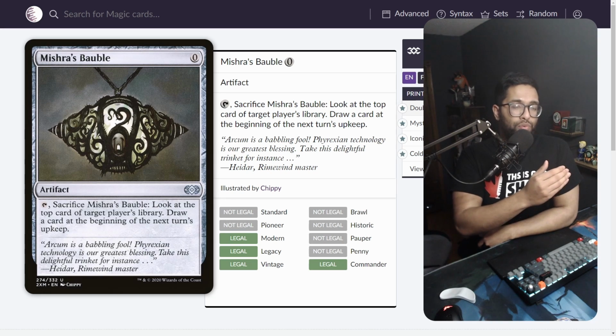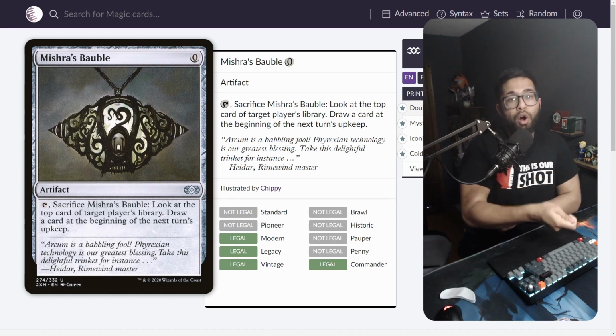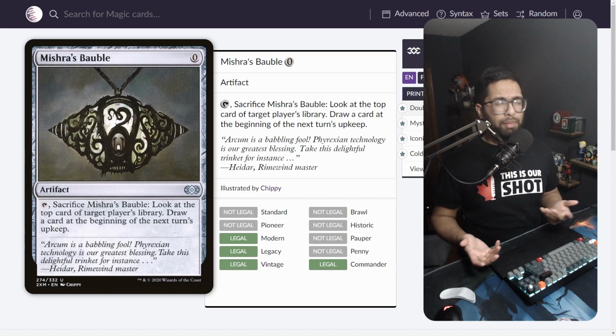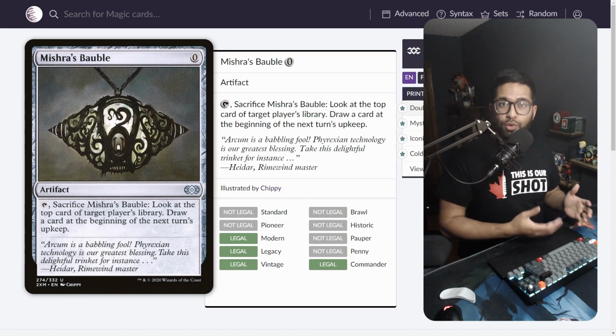And then you bauble on their turn so that when they go to Thoughtseize you, they don't get the card that you're going to draw. You draw it on the next turn, you give them less information and more opportunities for yourself to make kind of sneaky plays. Other things that you can do with Mishra's Bauble are potentially having Hedron Crab on the battlefield,